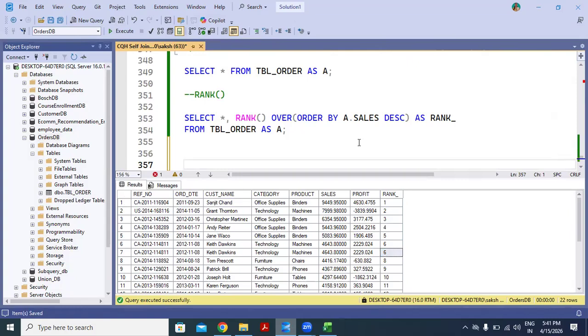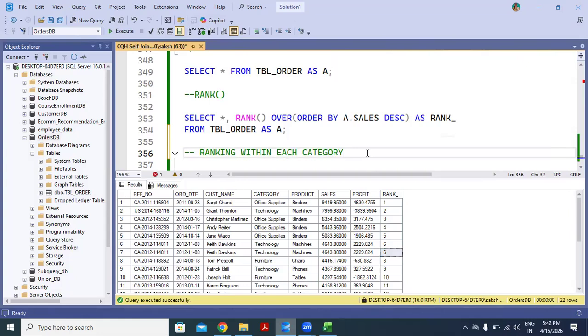Now let's try our next function, that is dense rank. Or before that, let's try to see the ranking within each category. Suppose this is the overall rank as per sales, but we want the category wise ranks like we did the category wise sales.